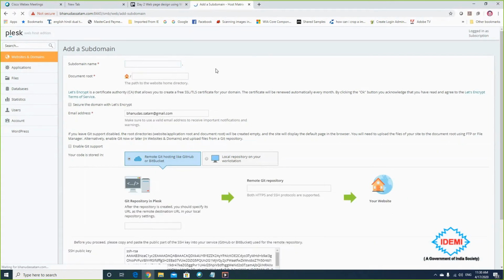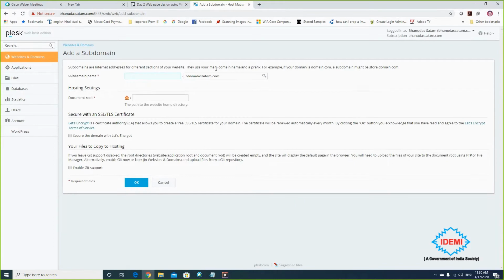So whatever interface you are going to see right now, it is different in each control panel. So you have to explore accordingly. There also you will get a similar kind of concept, but the interface may change. Means its look and feel will change a little bit. So I'm creating lockdown.bhanudaskatam.com as my subdomain.